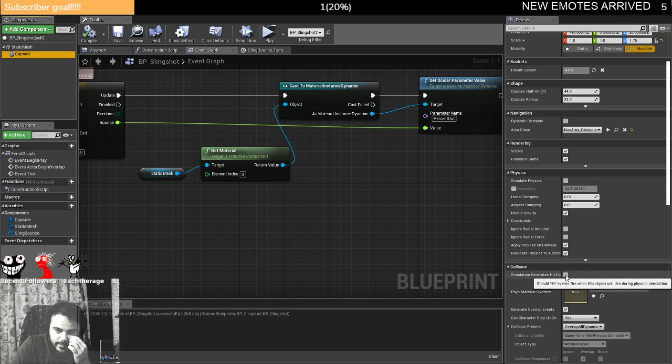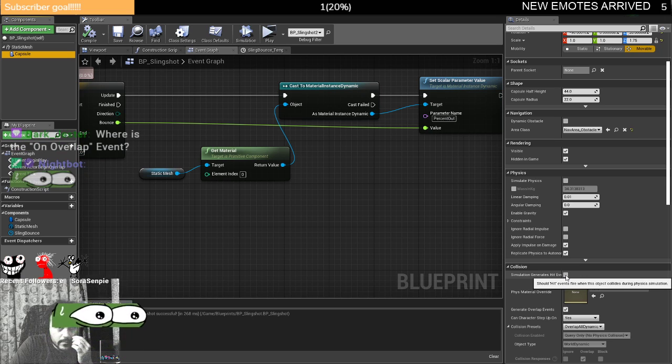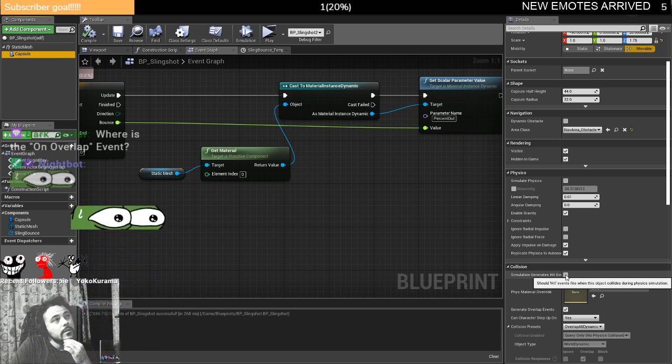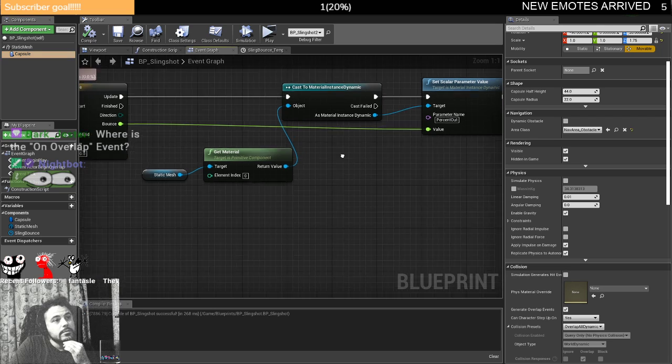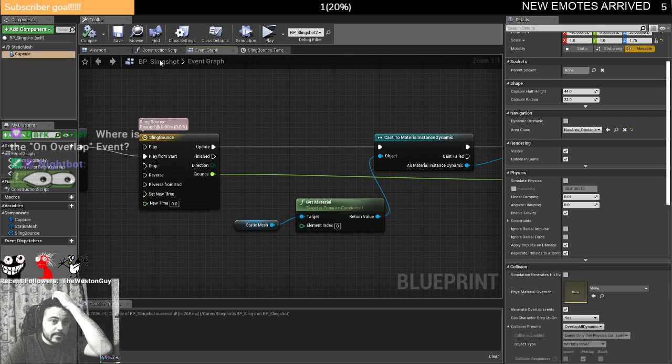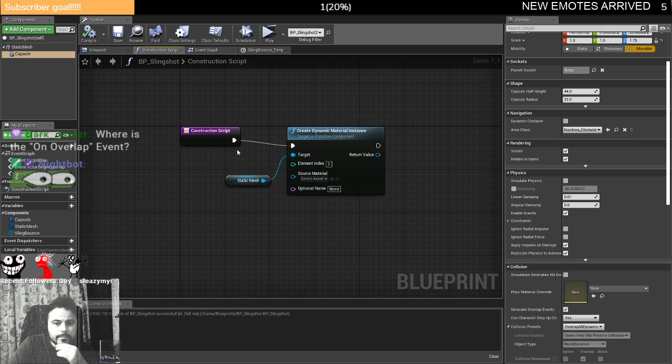Shouldn't this be checked off? On overlap event? Oh, I remember that. Wasn't that,